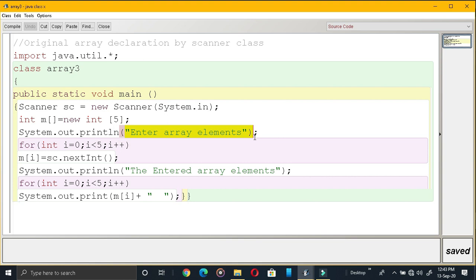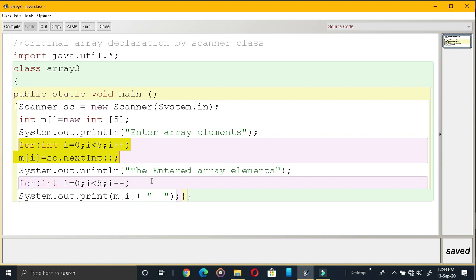This will enable your terminal window, and since it is having 5 elements, you need to write the loop from 0 to less than 5. That means it will run from 0 to 4. M of I is equal to, I am reading: when I run the loop, I am going to read the value and store it in the particular index positions. So M of I means M of 0, this element will be stored. Now M of 1, next element will be stored. This loop is running continuously, that's why. So it will run from 0 to 4 and the array will be filled in this process.